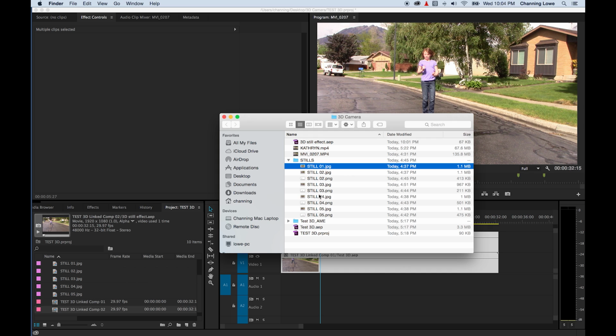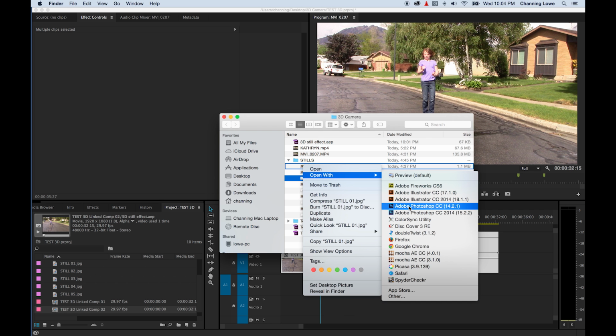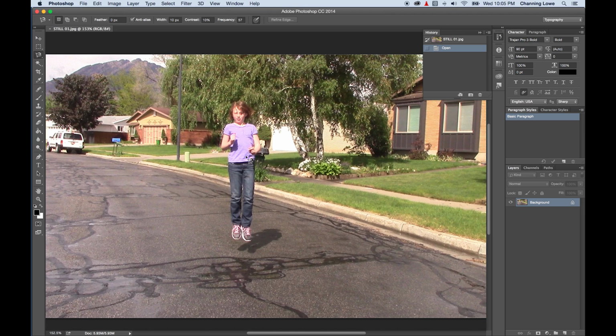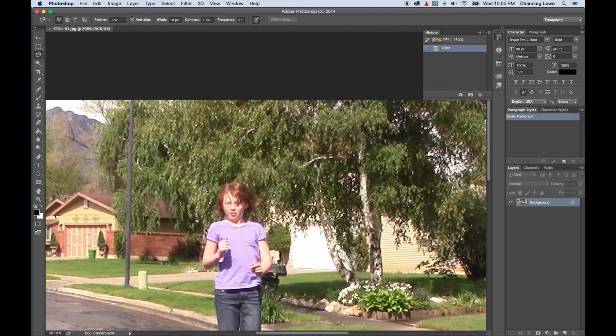So I'm going to go to the still images, and I've already done some effects with the still images here. What I've done is I've gone to each one of these except for this one. I haven't done it to this one yet. You open each still in Photoshop, and within Photoshop here, I'm going to hold down Option and scroll up, so I get the image to fit in here. I'm going to grab